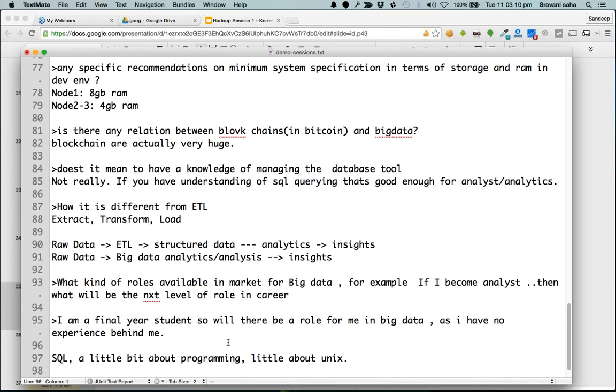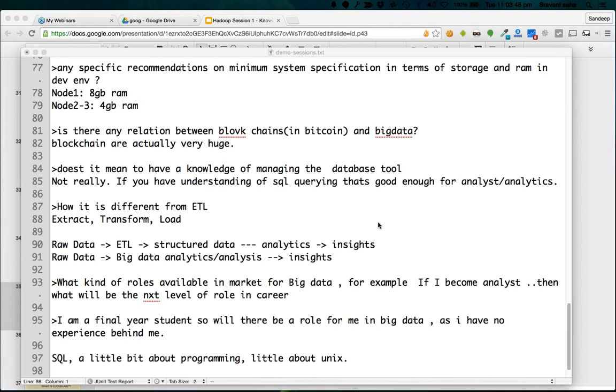Okay, and those people who know how to measure capability generally don't look for certifications or any kind of other symbolic achievements. So even without experience, you can get into the big data domain if you have this background along with knowledge about big data. Knowledge about big data is important because that shows that you have put in effort to learn it and apply it. Makes sense to you?